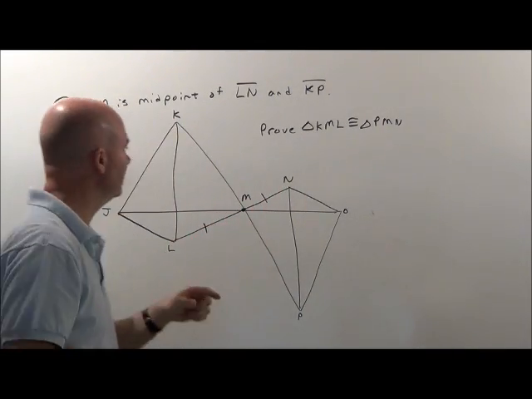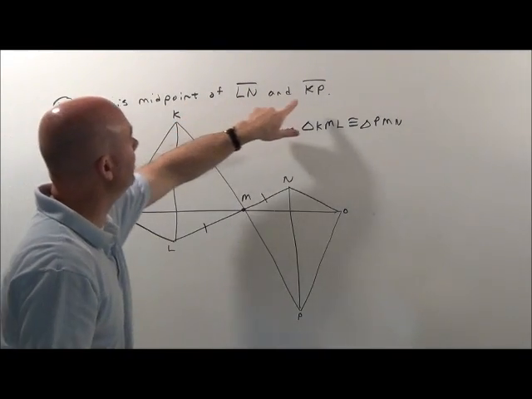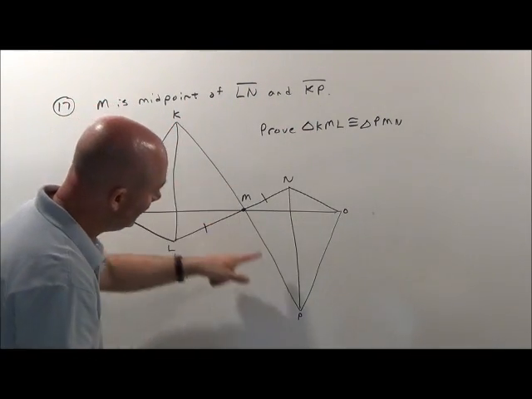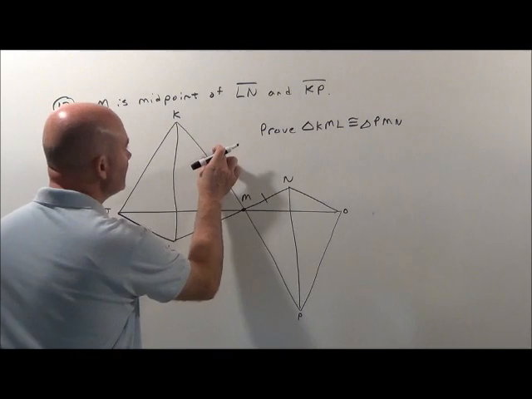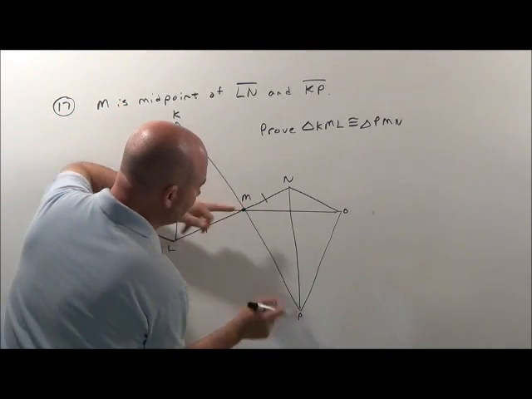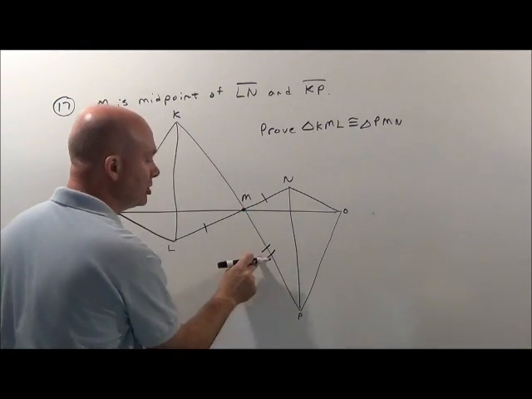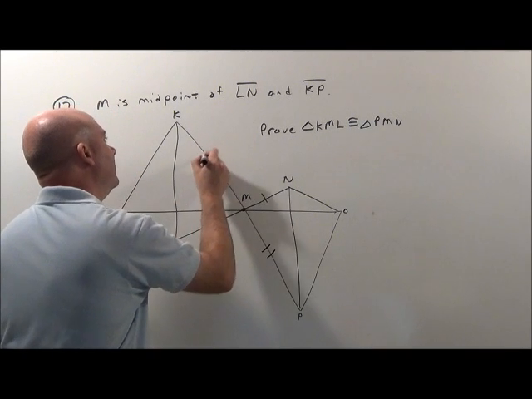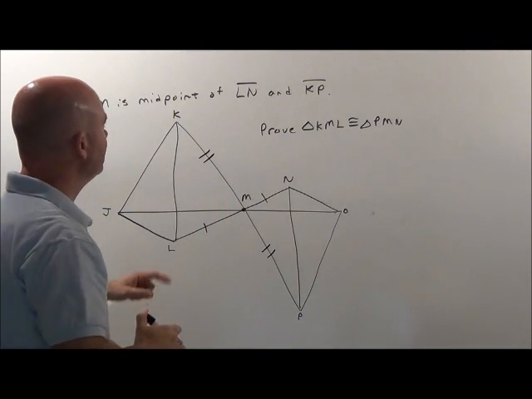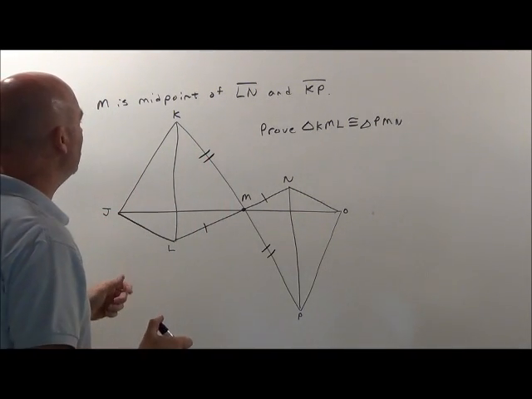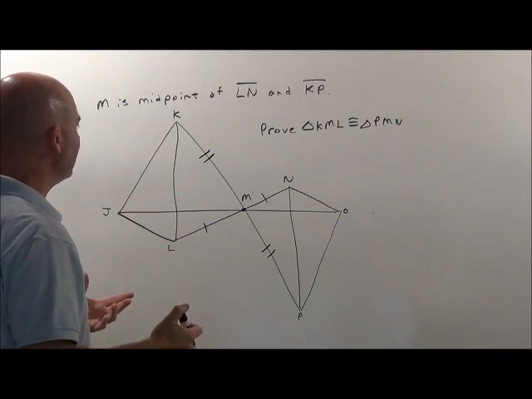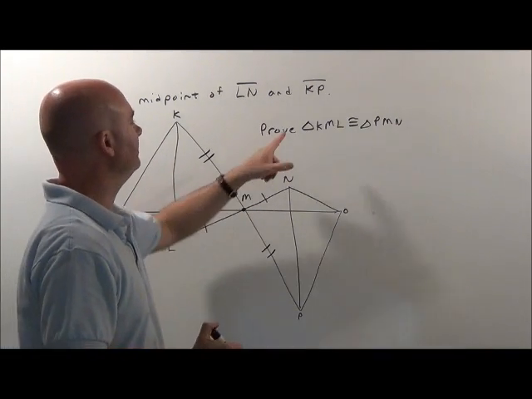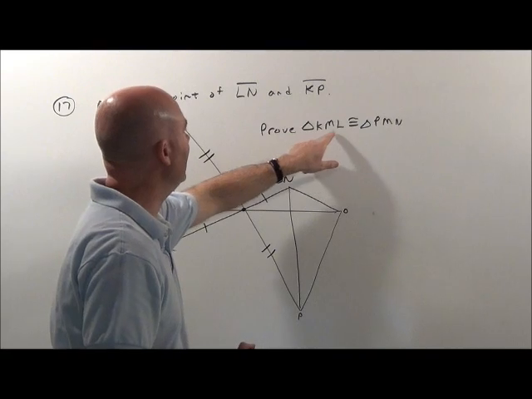They're the same length. It also says it's the midpoint of KP. Here's KP. So this length here, KM, is the same as MP. They're the same length, so I'm going to use two markings so I don't confuse it with that guy. And there. Now what it wants to know is what theorem or postulate would allow us to prove that KML,